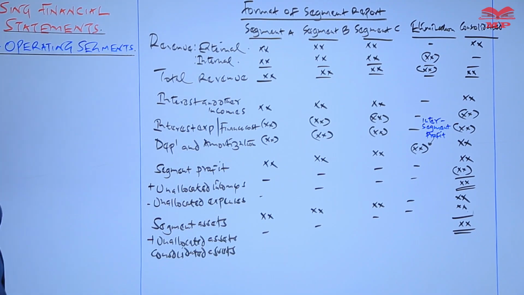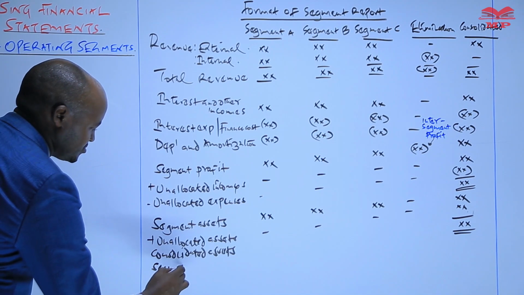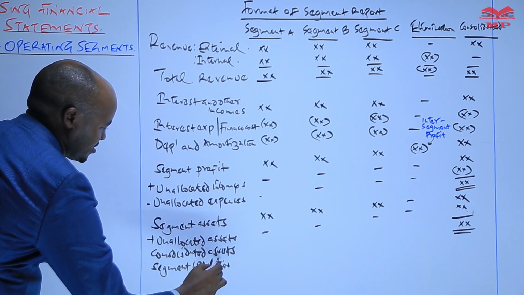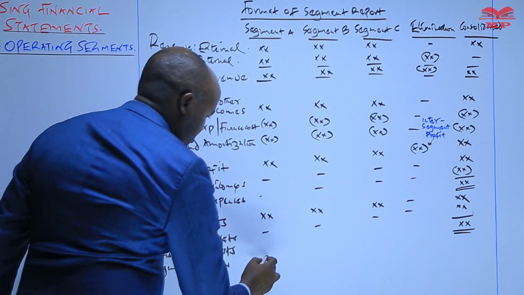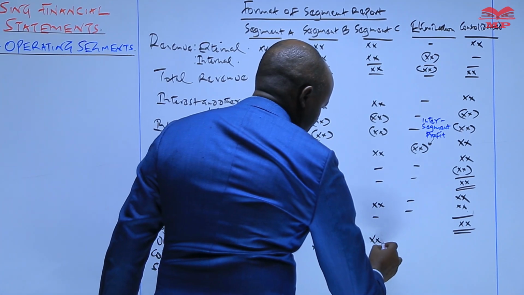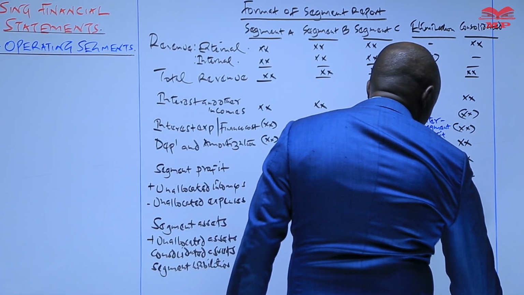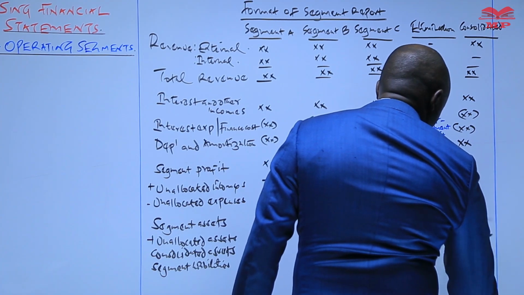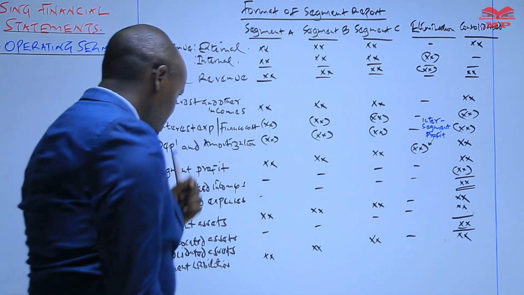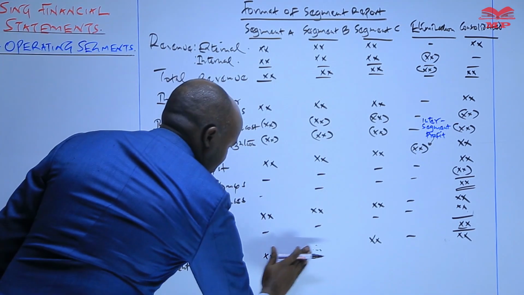And finally, we record information about the segment liabilities, where we record liabilities of each segment here. We get the total. We take that now to the last column there, and finally we add